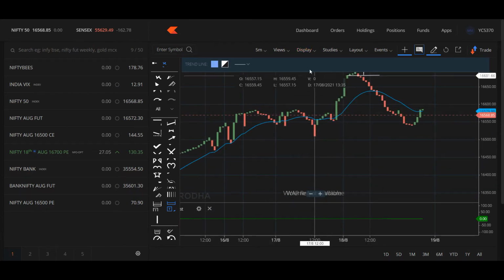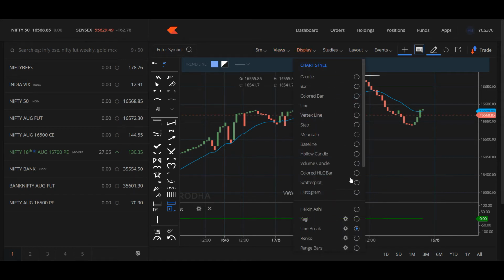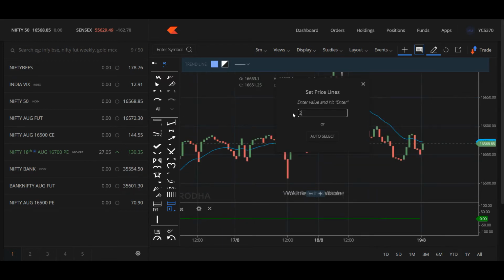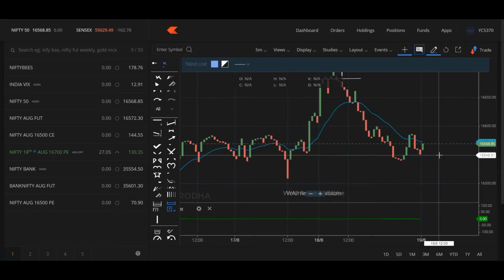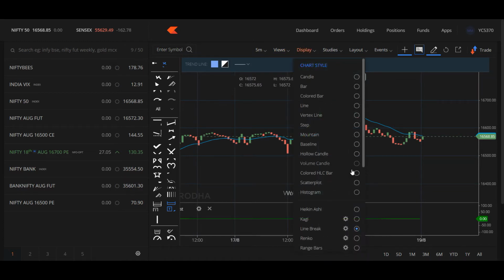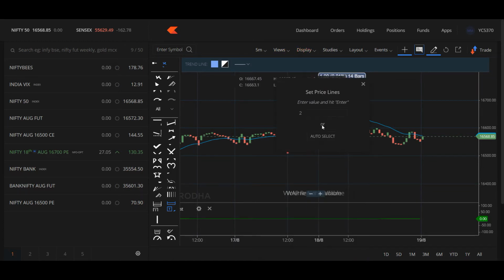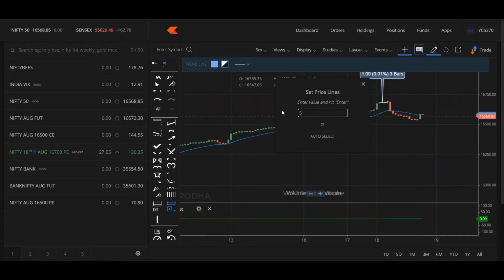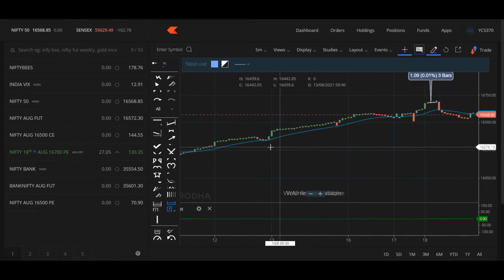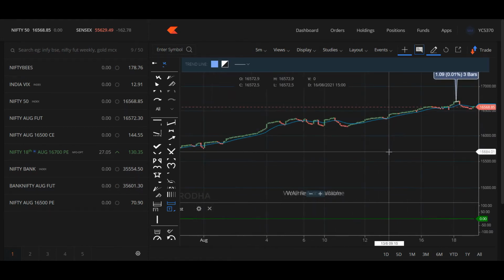With line break, you can set it up as per your requirement, whatever you want. Say you want 2 candles' low or high to be broken, and you can see how the trend is. If you want quicker actions, use fewer lines, and generally for a longer term you can use a 5 candles pattern also. So you can exactly know where the support and resistances are.